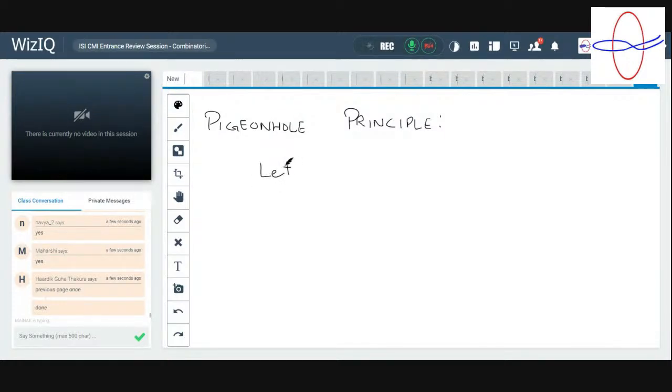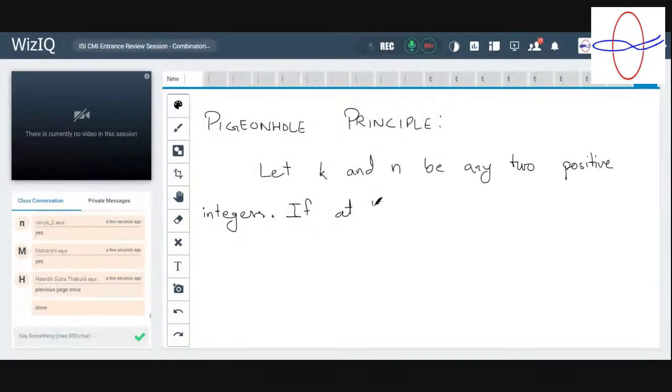So this says that let k and n be any two positive integers, if at least kn plus 1 objects